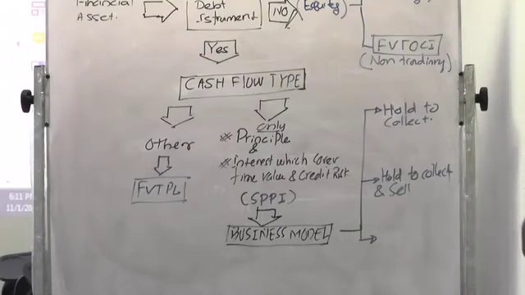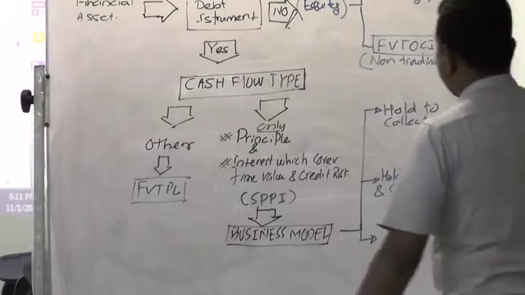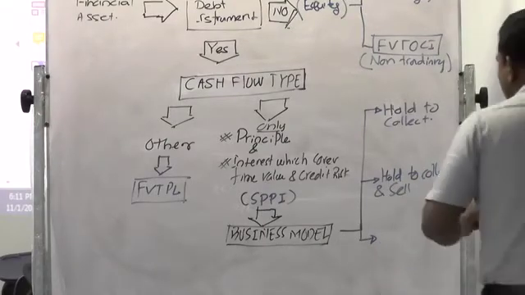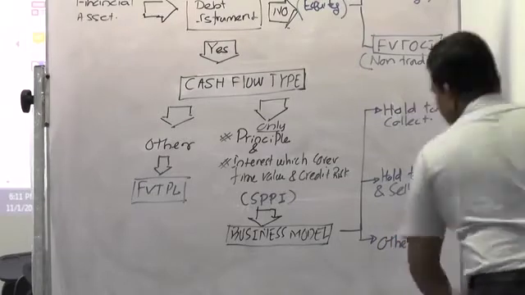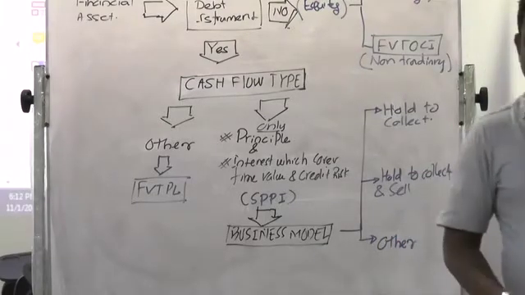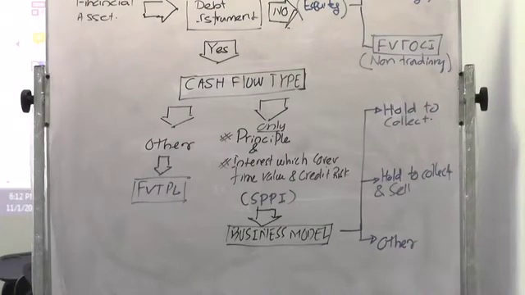So, some instruments will be kept up to maturity, called hold to collect. But some instruments will be kept, and when an opportunity arises, sold. Those are called hold to collect and sell. Then the other category is for sell. Other means only for selling purpose. Therefore, in the business model we have 3 categories. An instrument kept until maturity, such as an FD, is hold to collect.